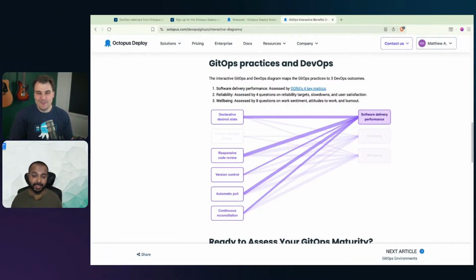Yeah, I've actually used your workflow, this particular screen which you're sharing right now. I've used it before when I'm talking to clients, and it's been very helpful for them. I pretty much use the same thing which Steve Fenton has created, right? Rather than me rewriting this whole thing, I'm like, hey, check out what Octopus says here. And if you want to improve your software delivery performance, you need to basically do these 5 different things. And some of them are more important than others, as you can see, as you mentioned, right? Thick lines indicate what are more important and has a higher correlation to it.